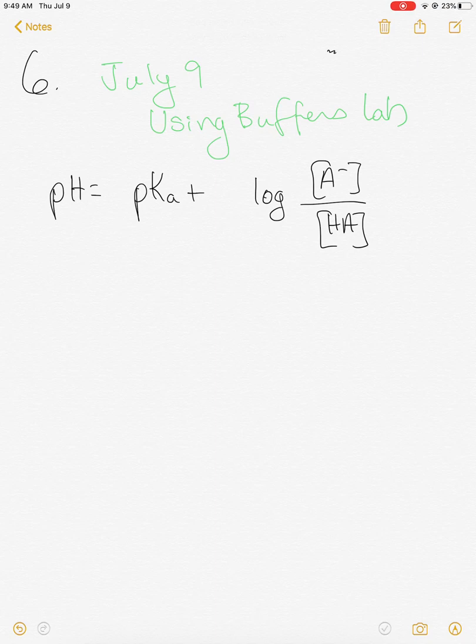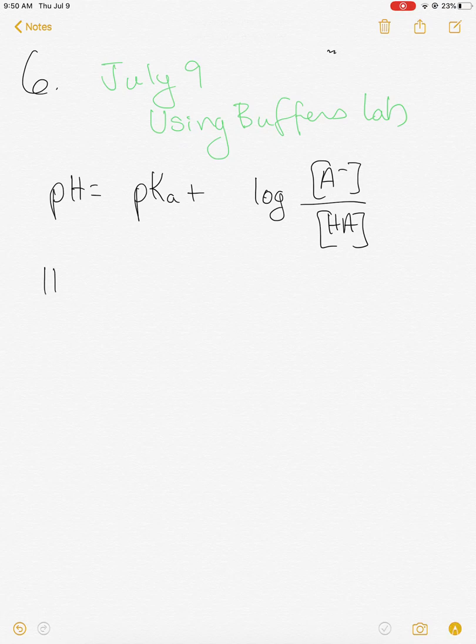Okay, so you've got the solution, and it's got a pH of 5.27. But you're required to have a pH of 5.27. Okay, so you have a solution with 0.01 moles of acetic acid. And so we want to know what molarity do you need to add to the solution. All right, so